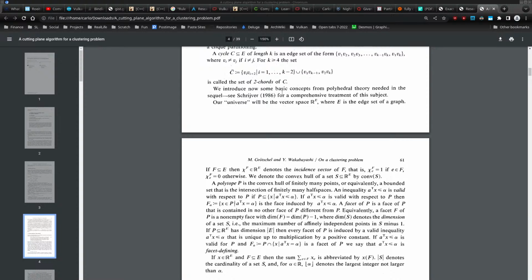We introduce some basic concepts from polyhedral theory needed in the sequel. See Schrijver 1986 for a comprehensive treatment of this subject. I think this sounds again a lot more difficult than it really is. Polyhedral is probably just a visualization of the graph in a multi-dimensional space. So if you have, say, I'm not even sure what polyhedral is, but I assume that it is like